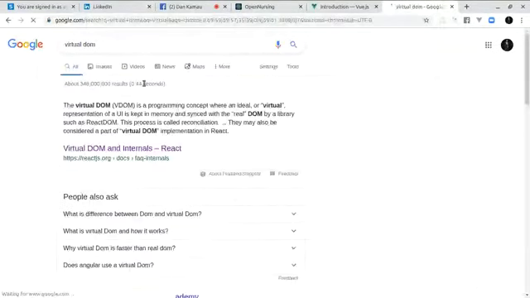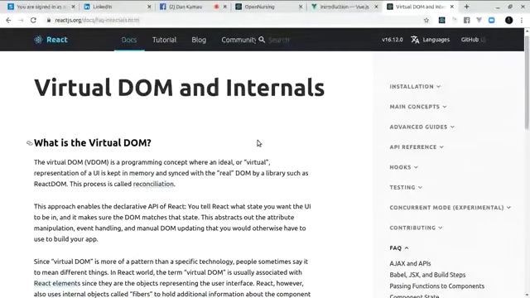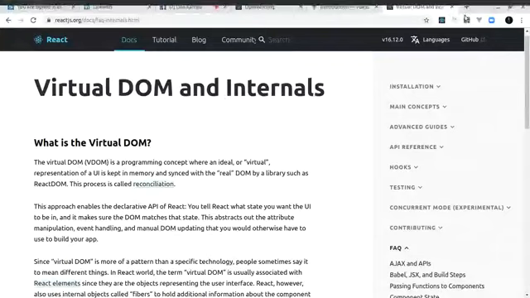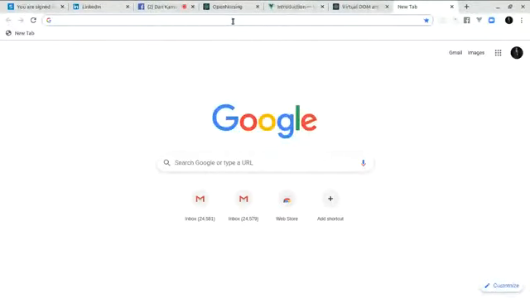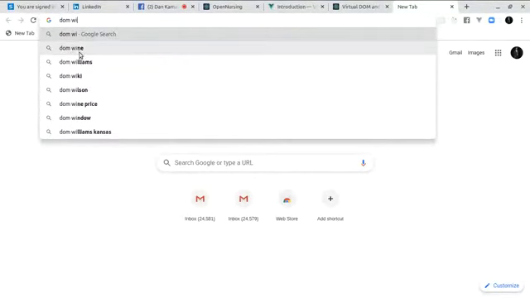This is a very interesting idea. It's not a framework. It's an idea that renders the DOM. DOM just means document object model, and if you check it on Wikipedia,